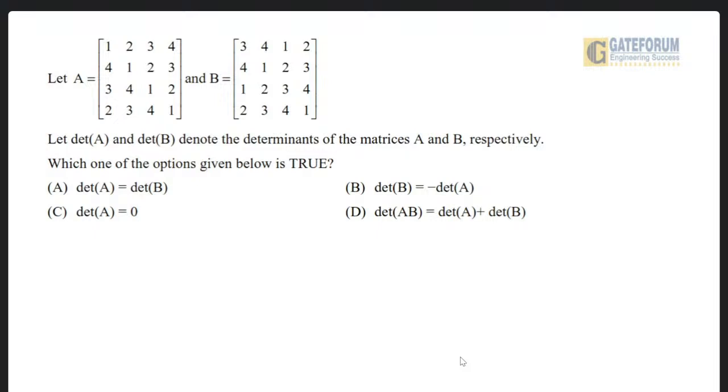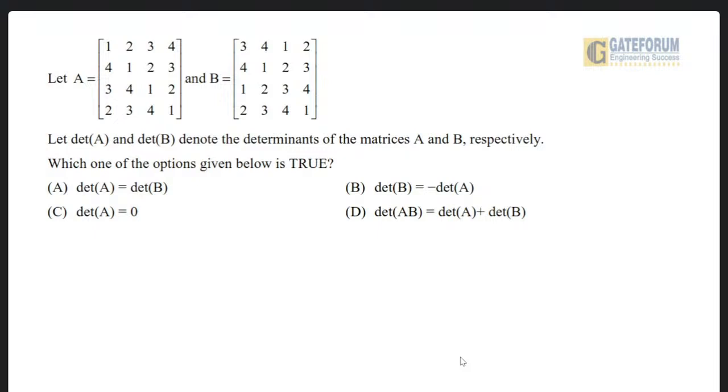Both A and B are of the same order. The second row is the same for A and B. The fourth row is also the same for A and B. And the first and third rows of A are nothing but the third and first rows of the matrix B. So when we interchange two rows or two columns in a determinant,